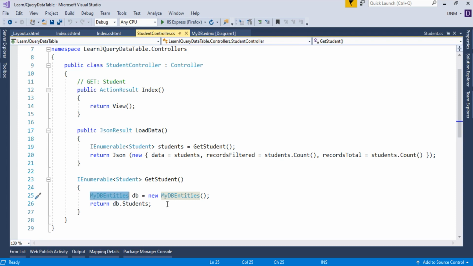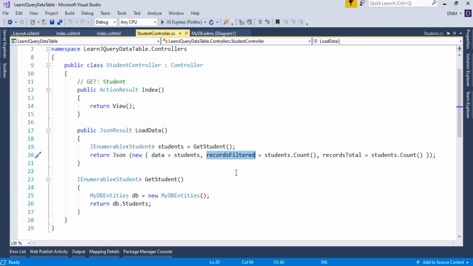Here I am returning the student details, and then collecting it in an IEnumerable collection. To return it in JSON form, we have to assign the student records or student list to this data attribute.